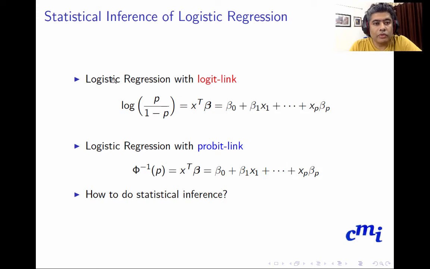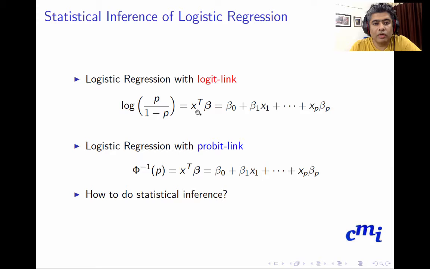We figured out so far that logistic regression has two variants. One is logistic regression with logit link, which is log of p over 1 minus p equal to x transpose beta, where p over 1 minus p is also known as the odds of success to failure, and that is measured in log scale, the log of odds of success to failure, which we are modeling as a function